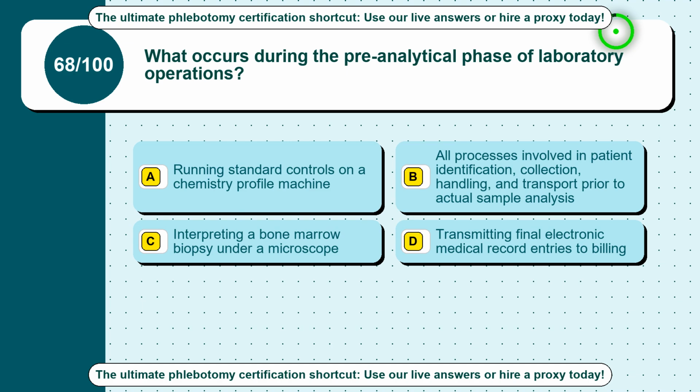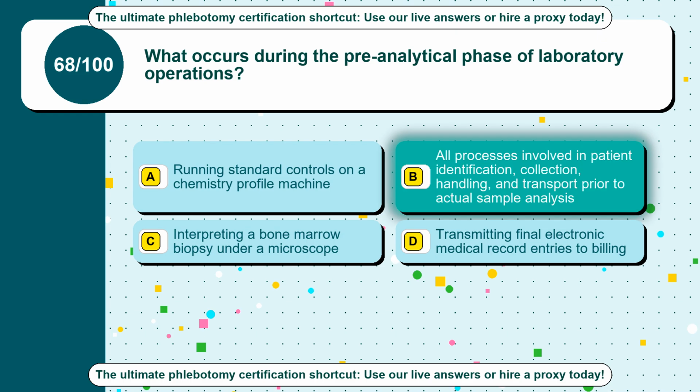Question 68. What occurs during the pre-analytical phase of laboratory operations? Option A, running standard controls on a chemistry profile machine. Option B, all processes involved in patient identification, collection, handling, and transport prior to actual sample analysis. Option C, interpreting a bone marrow biopsy under a microscope. Option D, transmitting final electronic medical record entries to billing. The correct answer is option B, all processes involved in patient identification, collection, handling, and transport prior to actual sample